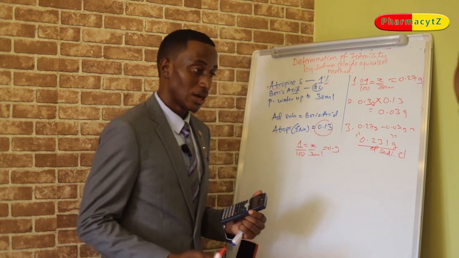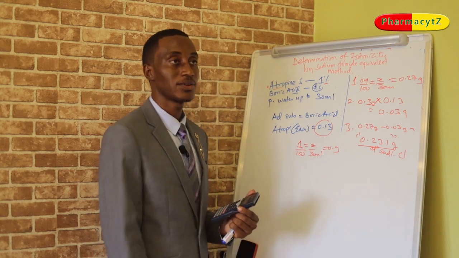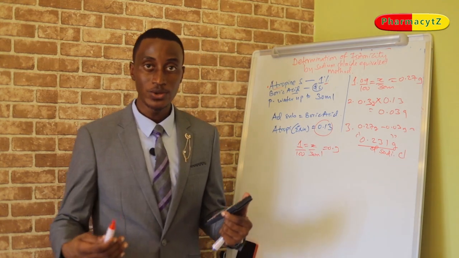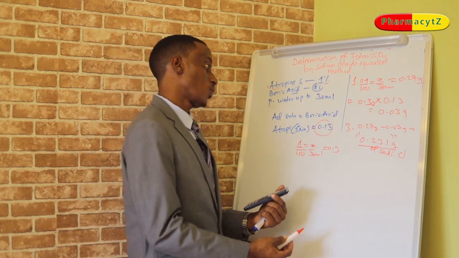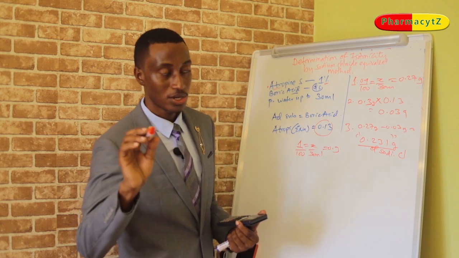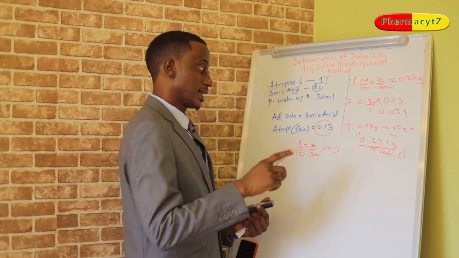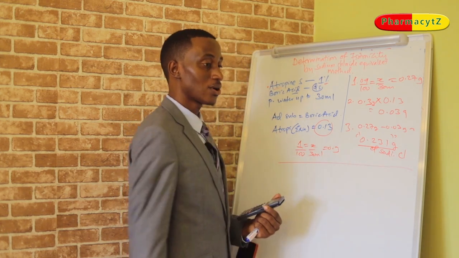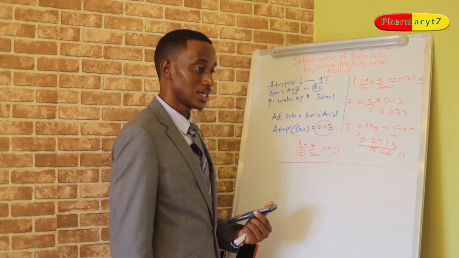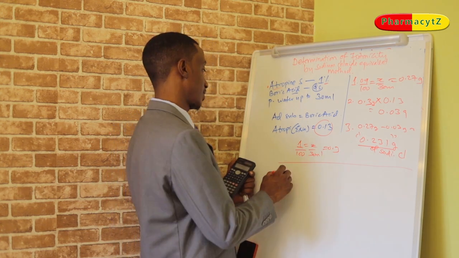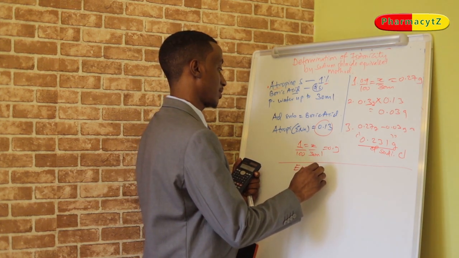But according to our question, we were not after sodium chloride. We were not looking for sodium chloride because this time we used another tonicity agent apart from sodium chloride. So we are looking for boric acid, not sodium chloride. So boric acid, how do we figure this out? First, determine the sodium chloride equivalent of boric acid. So the sodium chloride equivalent of boric acid from the table